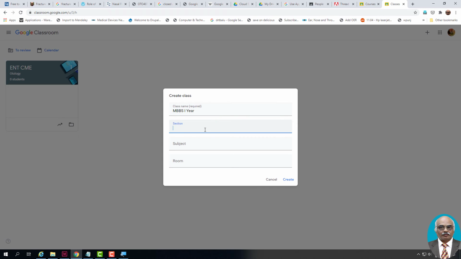Section, of course, you can say anatomy, first semester. Then I'll give anatomy. And let us not bother about the room. If you have set up a room, you can give a room number. It is not a must. So we will give it create.